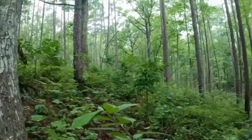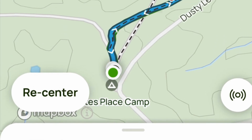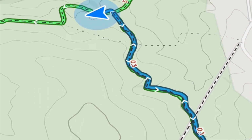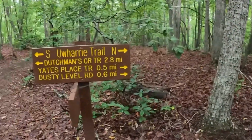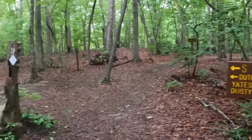Our first junction, and we are on the Uwharrie trail. We have changed from yellow diamonds to white diamonds. Okay, we are going to continue on the Uwharrie trail. So we go to the left,